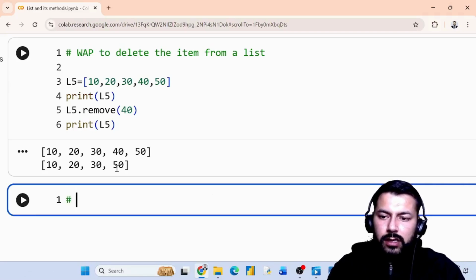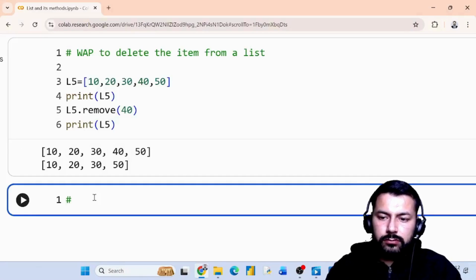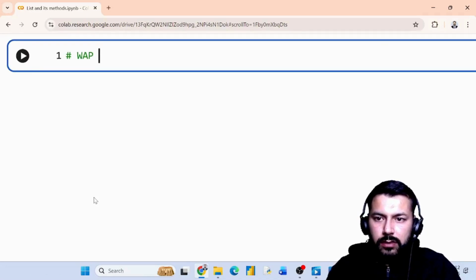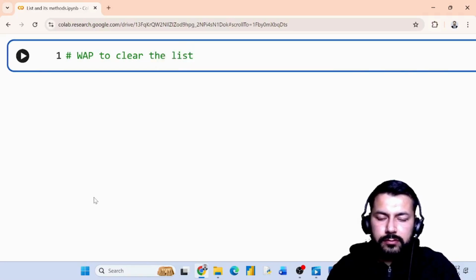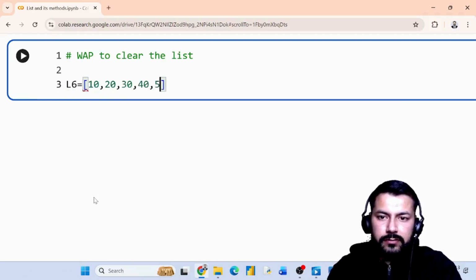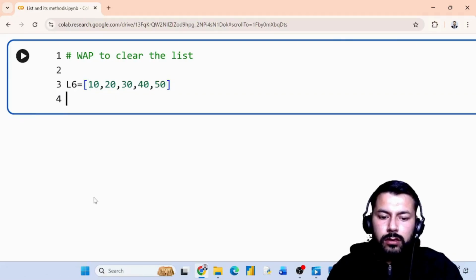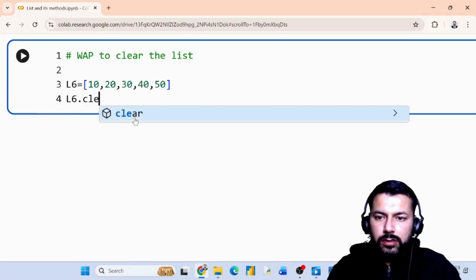Now let's discuss another example. Write a program to clear the list, which means if you want to clear all these values, if you want to remove them. So now let's consider L6. Let's take the list 10, 20, 30, 40 and 50. Now let's clear this list: L6 dot clear,